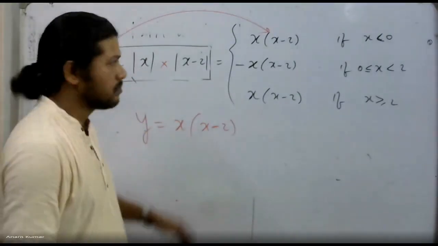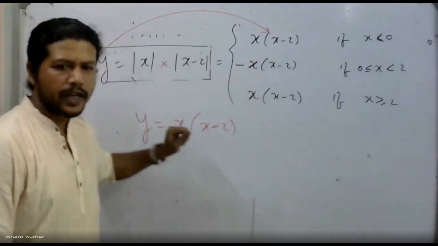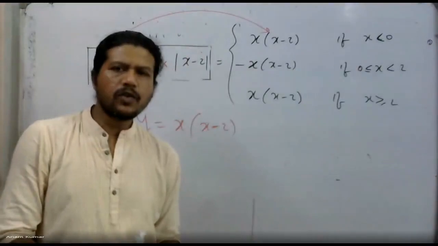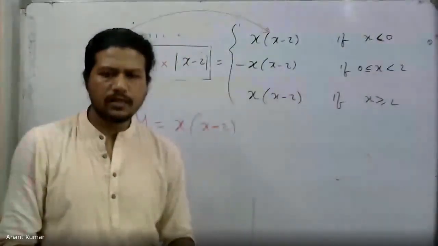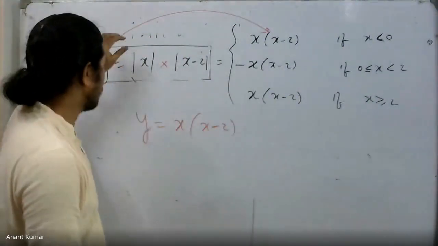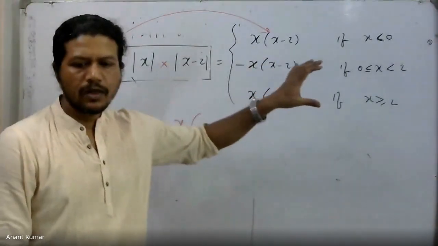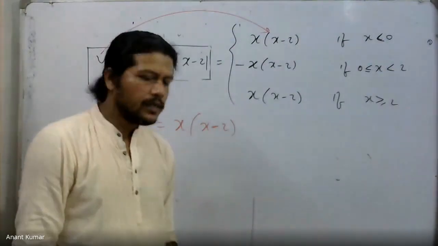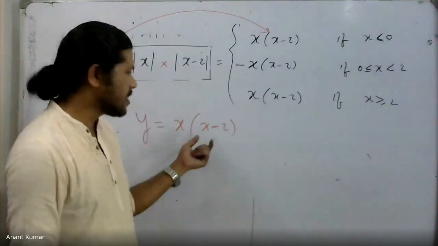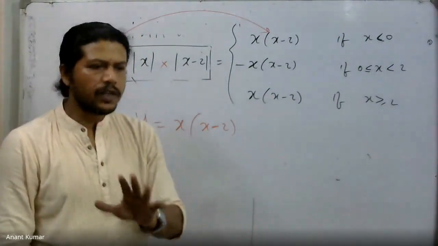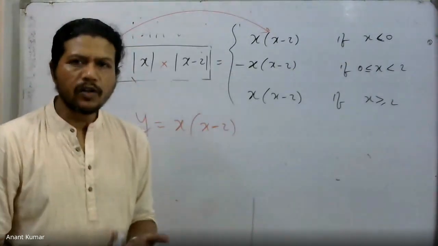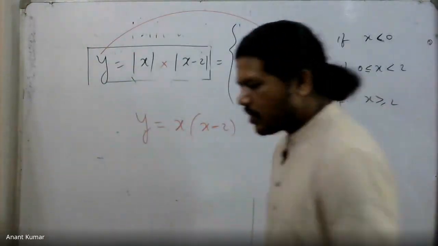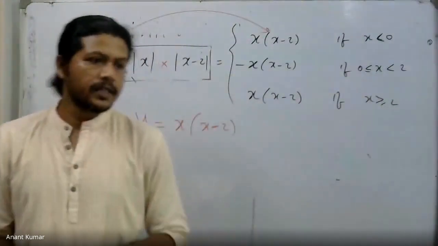The first one, this one. Why? Because both are negative. What happens if we multiply minus 2 into minus 3, by the way? Minus 2 into minus 3 becomes plus 6, isn't it? In this case, we have minus x into minus of x minus 2, and then I simply get the plus thing. The shape I'll draw, by the way, but the point is that this is actually a quadratic. At least one thing is very sure: it's nothing but a polynomial. The exact shape, Tyasa, we'll have to learn later when we consider coordinate geometry.